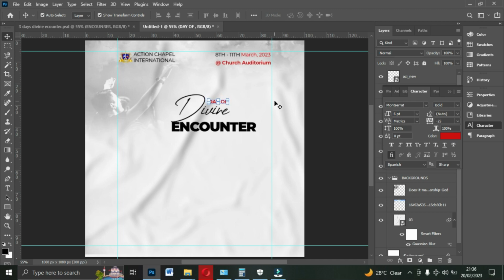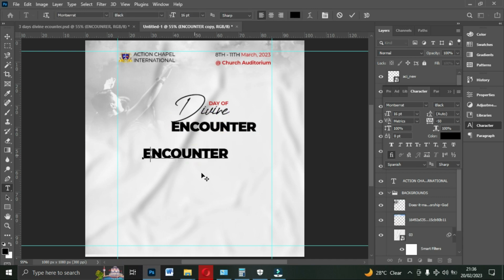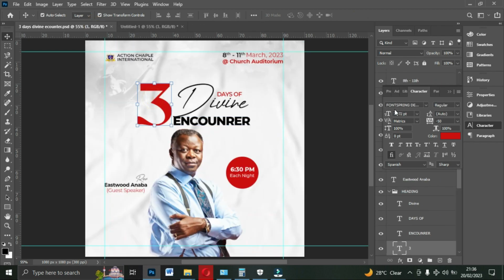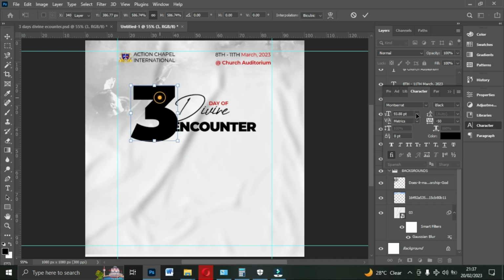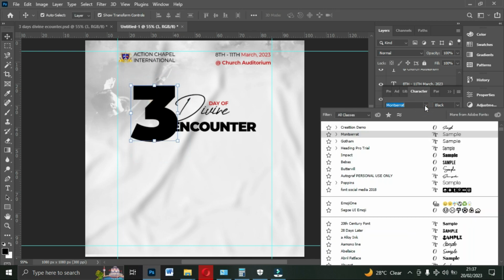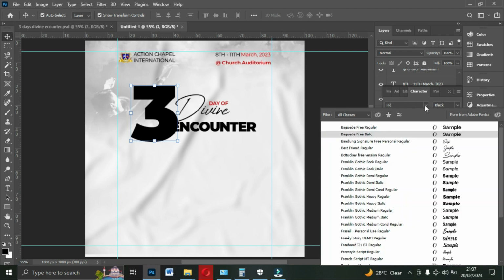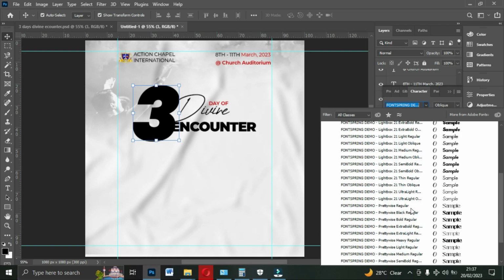Okay, so the next thing that we will be doing is to copy the encounter, and I'm going to change it to 3. Okay, and the font that we are going to use, let's check it, is Font Spring Demo. Okay, so it's going to be very bold, and change it. I'll give you all the fonts. So this is the particular font that we'll be using. Okay, yes,